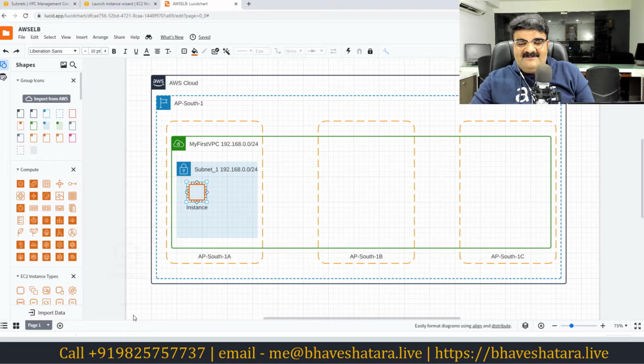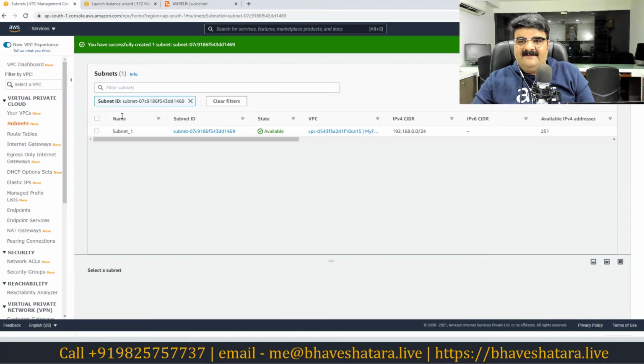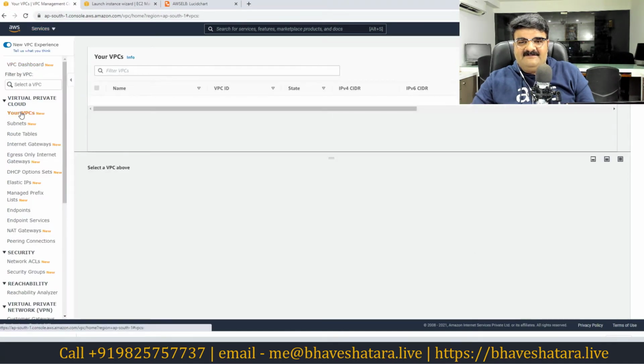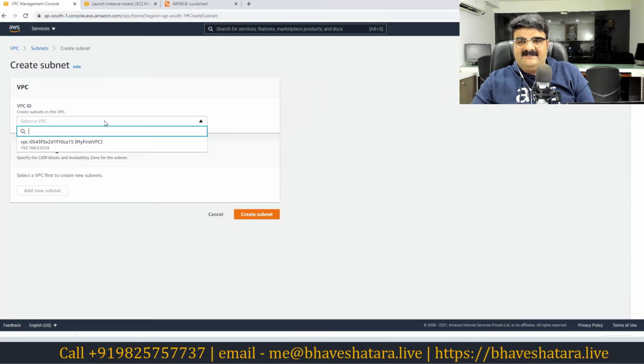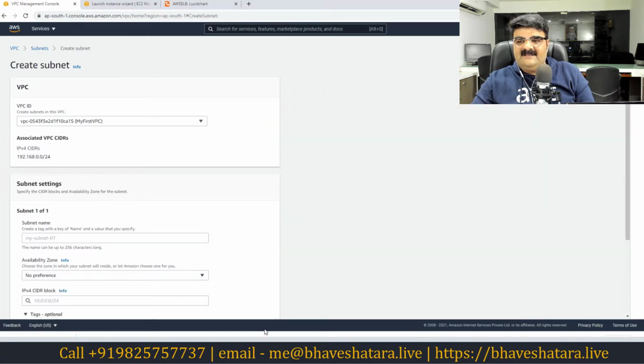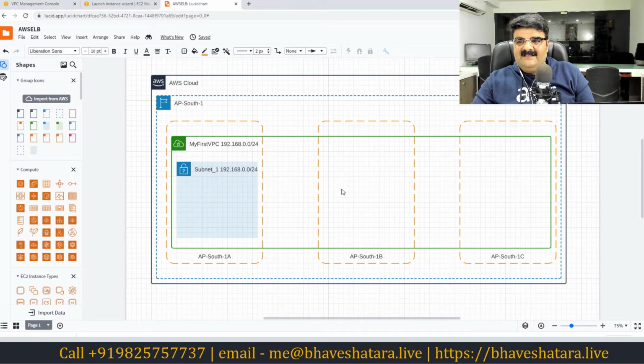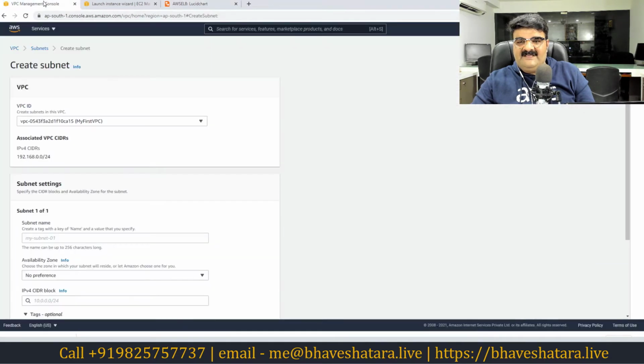So the subnet must be there inside the availability zone. Now let me create this. Again, the process will be the same. I'm in VPC, go to subnet, then click create subnet, select your VPC. It will be the same process. I want to create in AP South 1B.